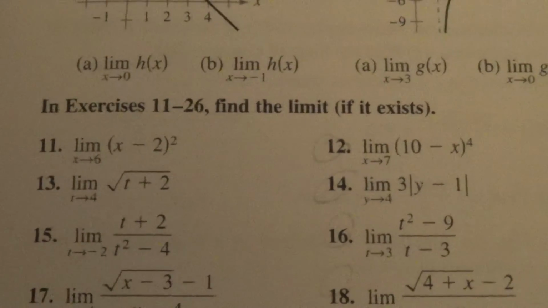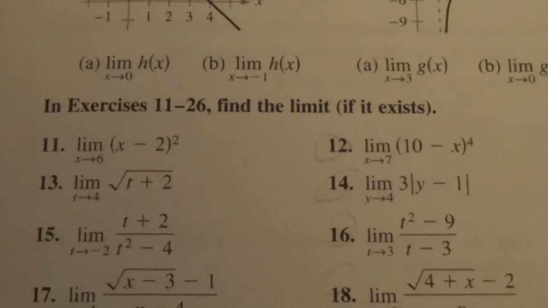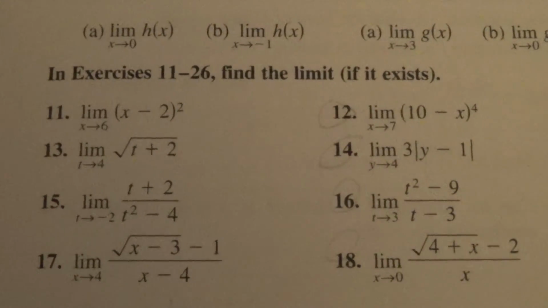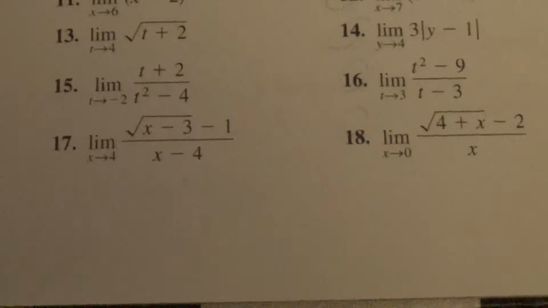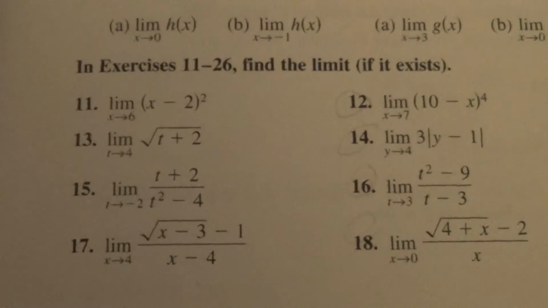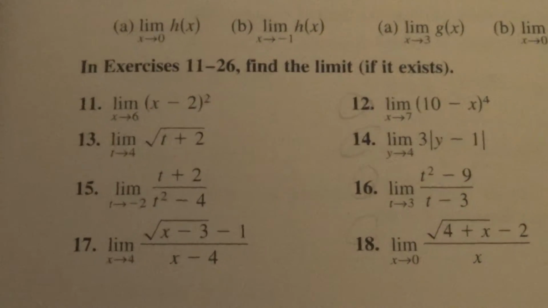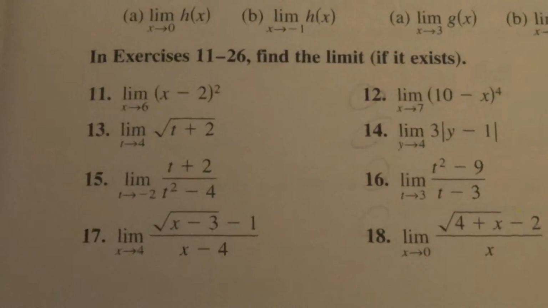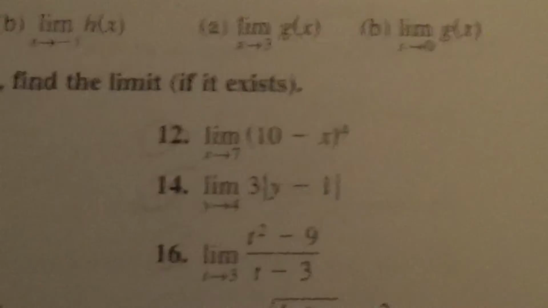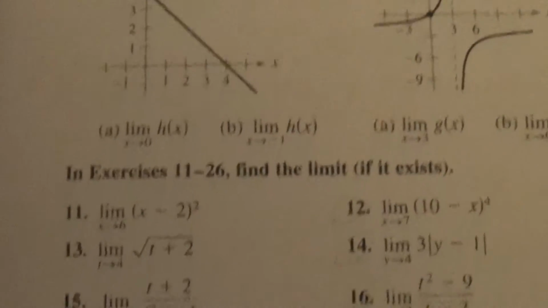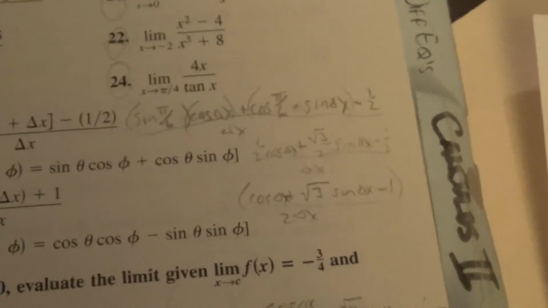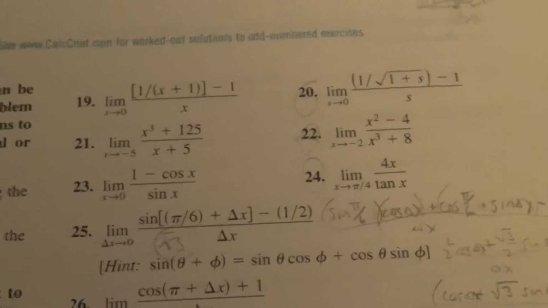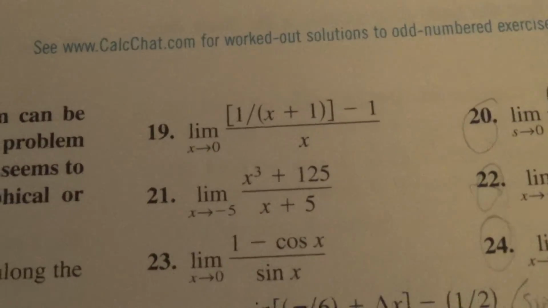Number 11, find the limit if it exists. And we'll do 13, 15, 17, 19. All right, so that group, 11, 13, 15, and 17, just find the limit. I recommend you looking at the graph. And the last one there was 17: 11, 13, 15, and 17. Then 19, that's under the same directions. Find the limit if it exists. Number 19. And number